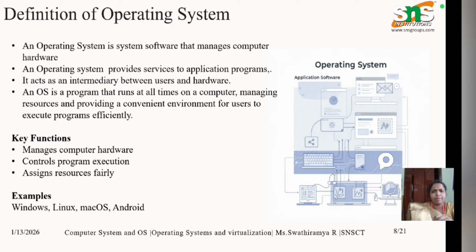So you could see all the things the operating system is doing and all the things it can manage. Okay. Now let's see examples of operating systems. Windows, which is more user friendly and a commonly used operating system. Linux, which is a very secure one. And Mac OS, that is also very commonly used. Android, that is used as a mobile operating system. Okay. These are all the